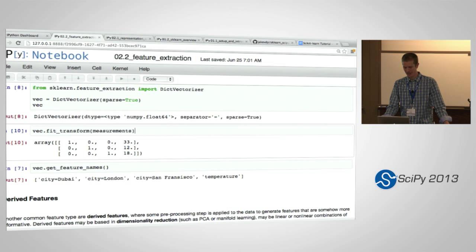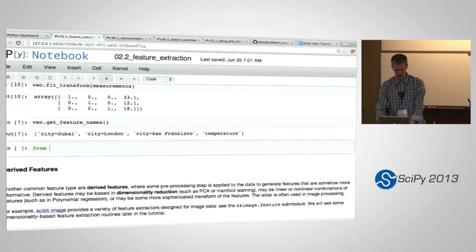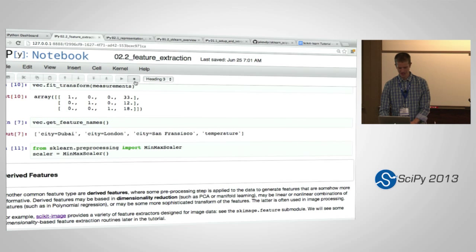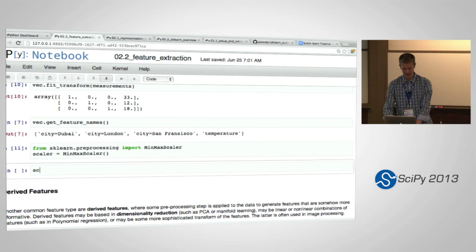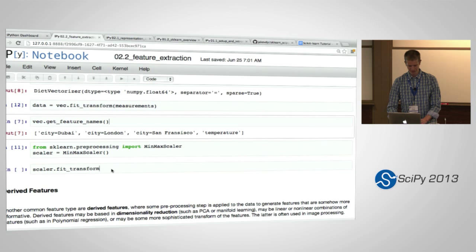But for this reason, we have a lot of feature transformers built into Scikit-Learn that will do some sort of data normalization or data whitening or pre-processing. So if we do, for example, from Scikit-Learn.preprocessing import MinMaxScaler, and let's instantiate that, and then we can actually do scaler.fit_transform. Let's see, we need our data, don't we? Let's call this data right here, just so we have it. And if we fit transform our data,